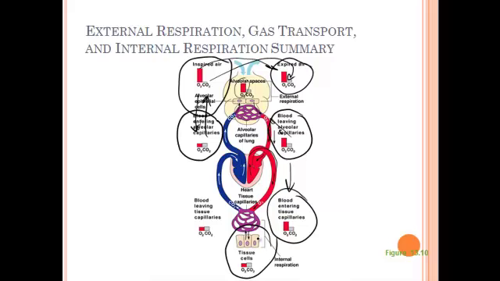So the food turns into CO2 and the oxygen becomes water. The oxygen is going to want to follow its concentration gradient to lower, and CO2 is going to follow its concentration gradient out into the blood, so that the blood leaving the tissue capillaries has a low amount of oxygen. Notice how it changed over the course here. We had a lot of oxygen, that oxygen moved into the cells, and so we're left with just a little bit of oxygen. And the CO2, we've picked up CO2 from the cells, and so the amount of CO2 has risen, and then we're going to come back to the heart and go through the pulmonary circulation to run the whole thing again. So you can see the concentration gradients of oxygen versus CO2.